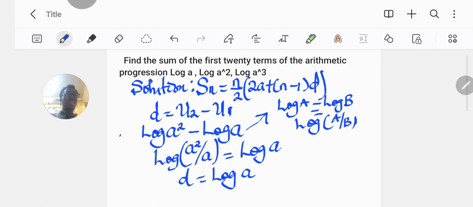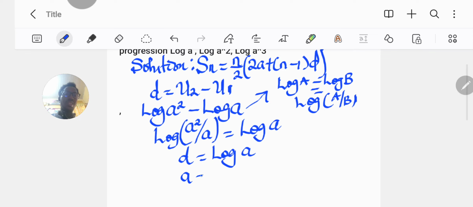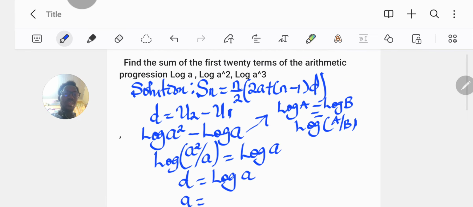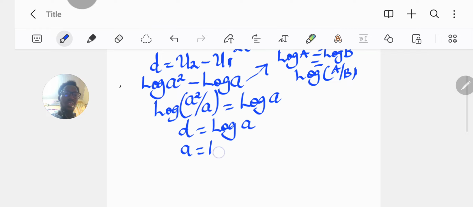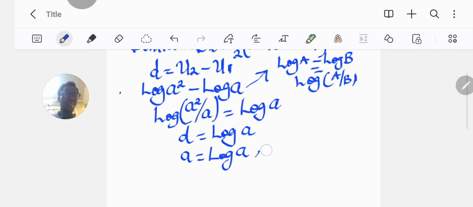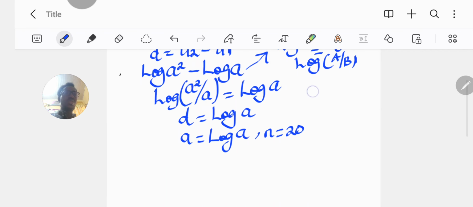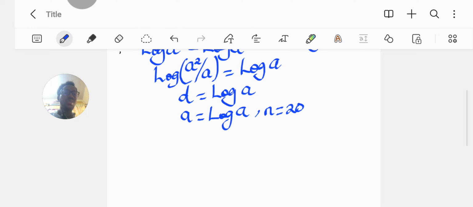Now, we also have that the first term we were given in the question is log a. So our n is 20 because they asked us to find the sum of the first 20 terms of the AP. So let's just go right into substitution. S20